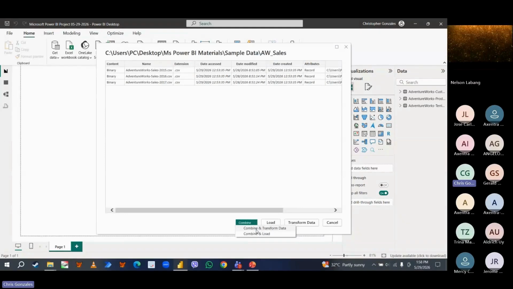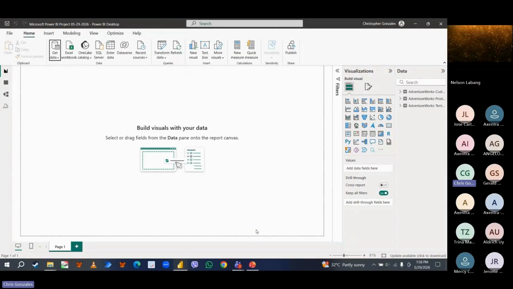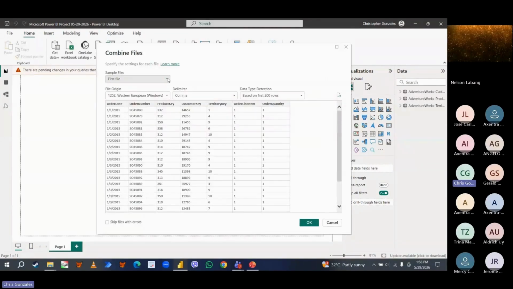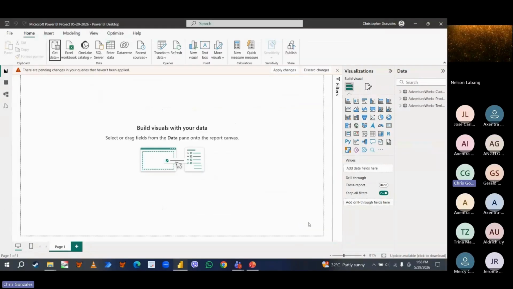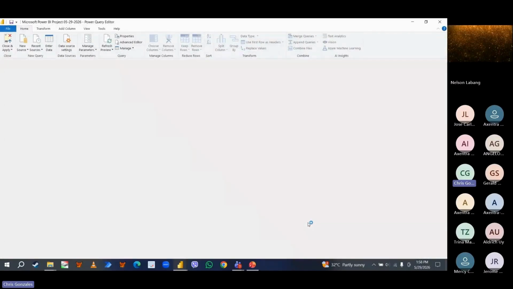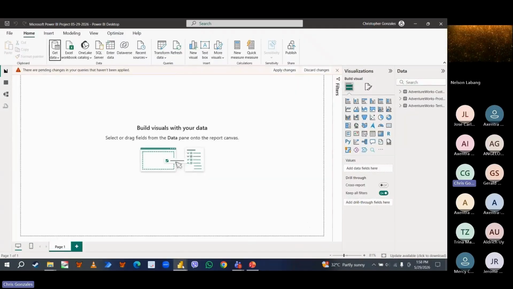So let me show you that process. Combine and transform. So the data will look like this. So here we have a reference. What are the tables to consolidate? But we will not do anything about it. We're just previewing the data here. Let me click the OK button and see what happens. Now this is the back end.